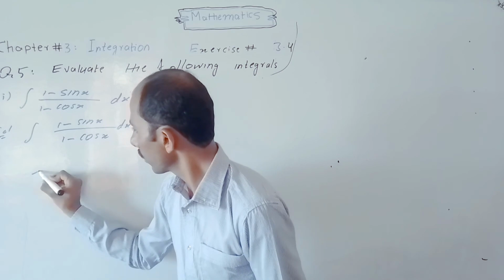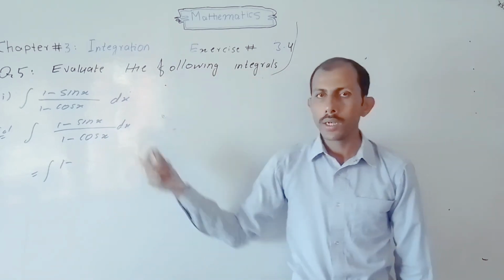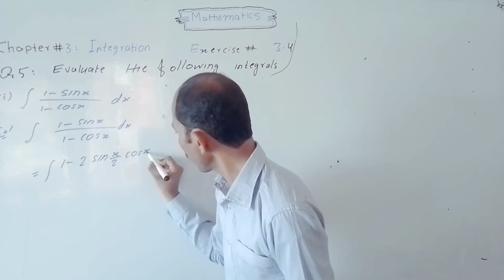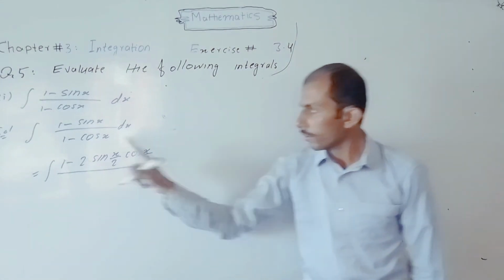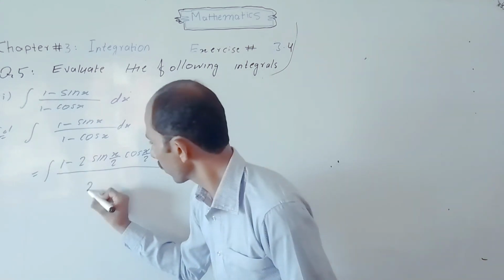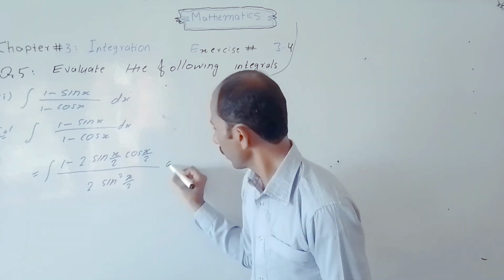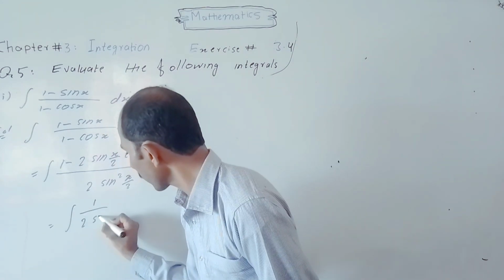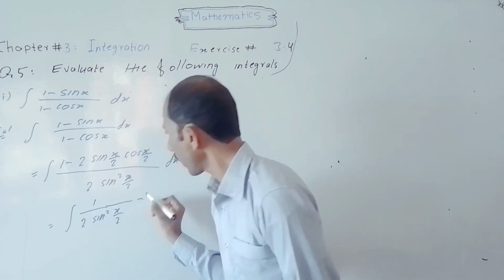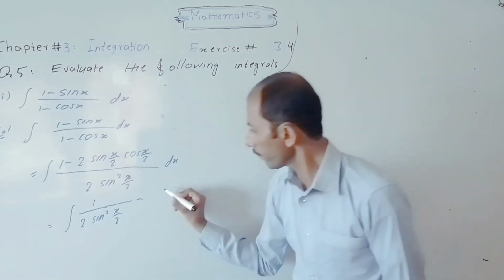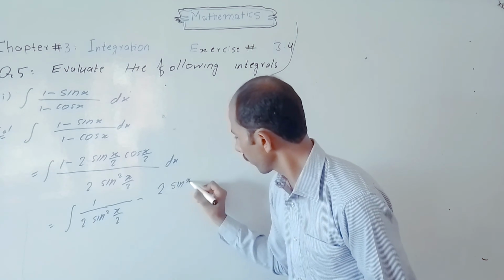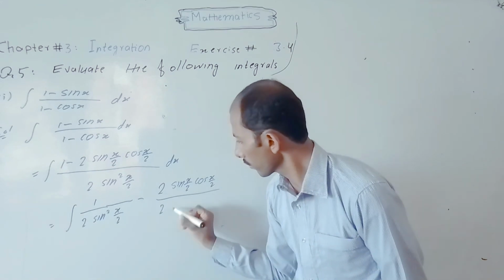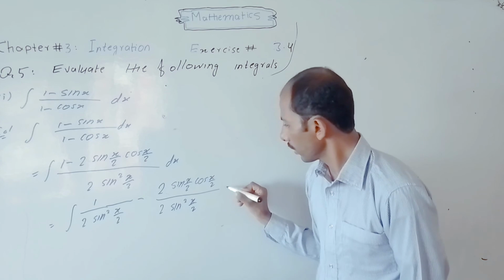1 minus sin x can also be written in the form of 2 sin x over 2 cos x over 2, and 1 minus cos x is equal to 2 sin square x over 2, into dx, which is equal to integral 1 divided by 2 sin square x over 2 minus 2 sin x over 2 cos x over 2 divided by 2 sin square x over 2 into dx,